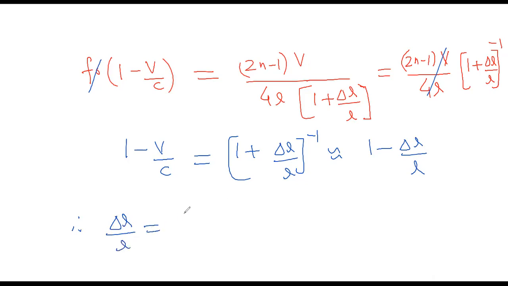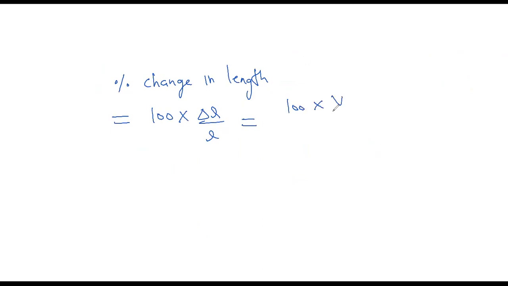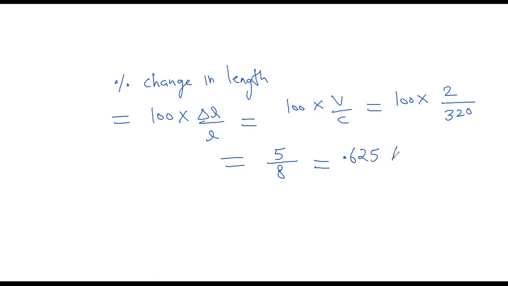Therefore delta L by L comes out to be V by C, and percentage change in length is 100 into delta L by L, so it is 100 into V by C, 100 into 2 by 320, so it is 5 by 8, 5 by 8 will be 0.625%,